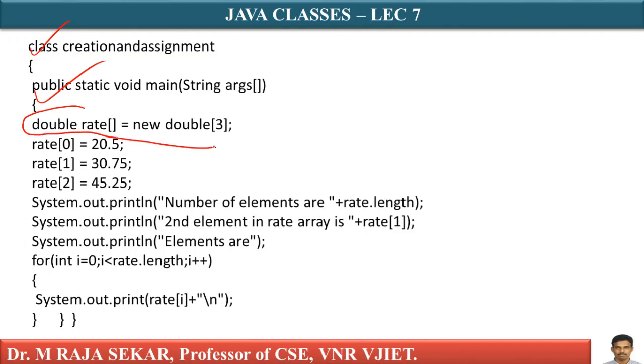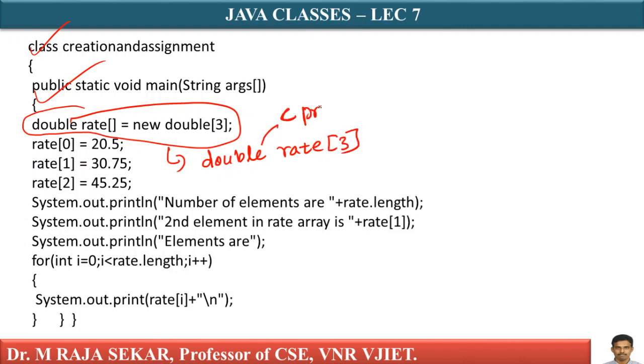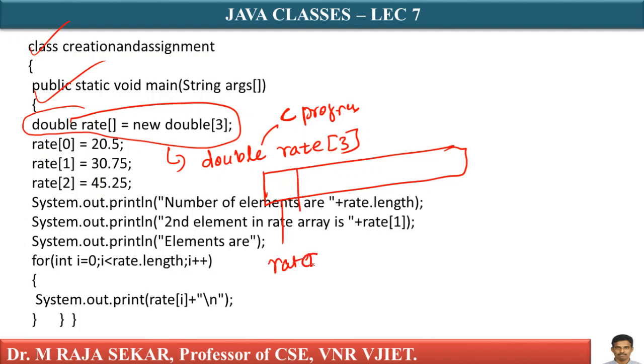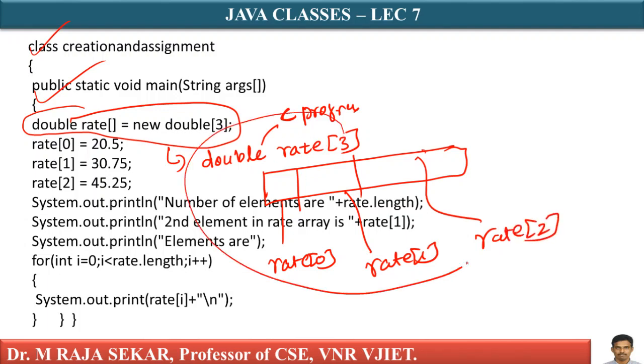Here, for example, if you compare this with C programming language, double is a data type. How can I declare? double rate[3]. This is C programming. I am explaining about C programming language. In the context of C, what happens internally? An array will be created. My first location is rate of 0. What is my second location? Rate of 1. What is my third location? Rate of 2. Why? Because its size is 3. Double means I can store 10.5, 13.47, 19.12, something like that.